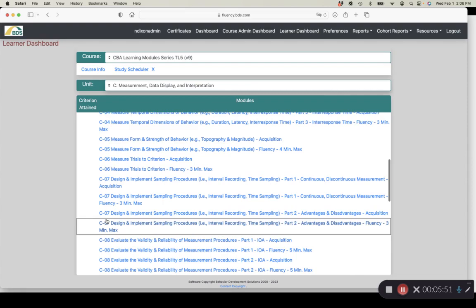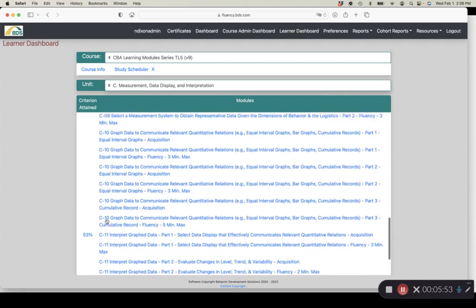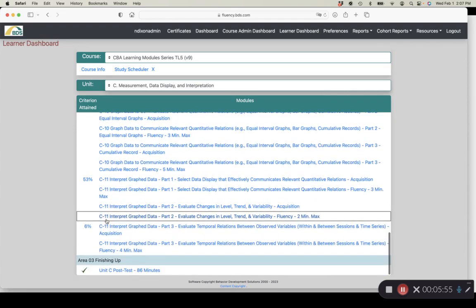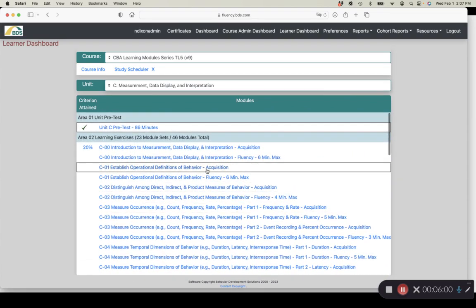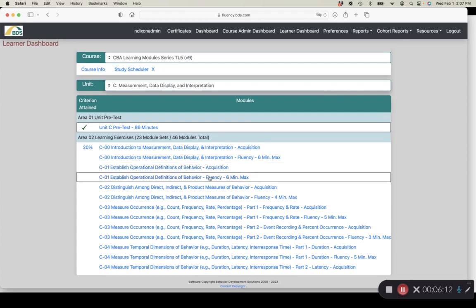And it will move through all of the identified C modules. So you'll notice when you look at the modules, there are modules that are listed in acquisition mode, right? So C01 in acquisition mode, and then there's a C01 in fluency mode. For the purposes of your assignments that you'll be submitting for your courses, you will be working on getting 100%